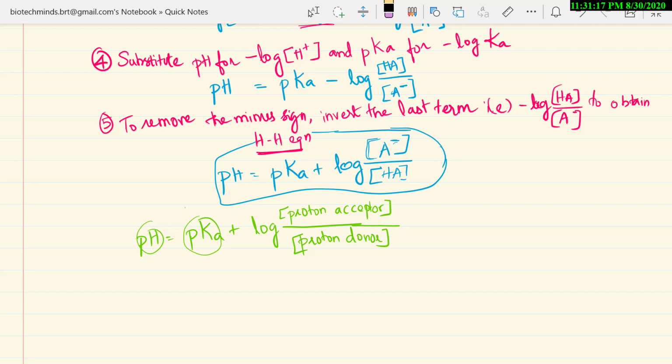Okay, so for example, if you take histidine, which was explained in the last class, and this is the blood. Now if histidine is capable of being a proton donor and proton acceptor, and their concentrations are equal, this will give you the buffering action over the blood. So that is what the HH equation tells you. Depending on the concentration of proton donor or proton acceptor, that will determine the buffering action of a given buffer over the dissolved solution in order to maintain the pH.